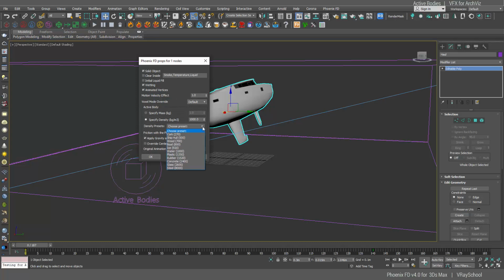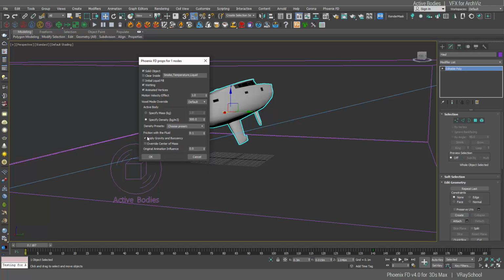We can choose how big is our object that we're going to simulate. Of course, steel and all of those, 1,000 is water, so it's got to be a little bit lighter than water in order to float. And just because we scaled our units and our boat also, we've got to play around and test what works better. So I'm going to start from ship hull here,